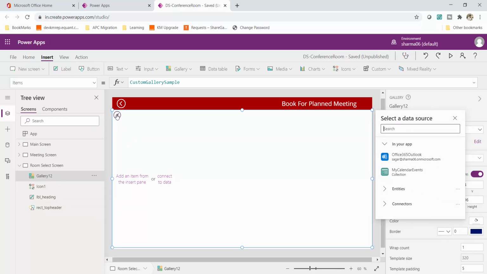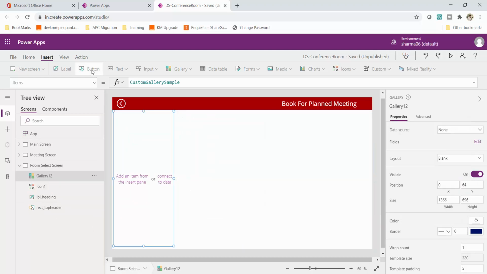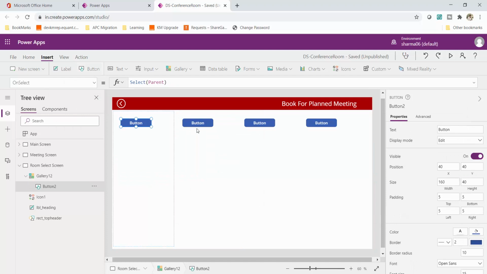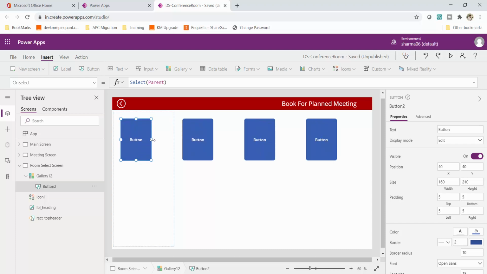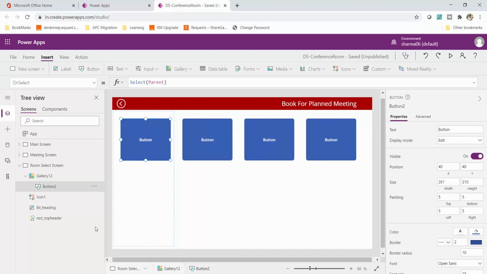You will see this small button, click on it, and then click button. Now you can see you are getting this button 1 2 3 4 5. The button is fine for me, it was just a sample. Just expand this button, and it will be the same for all the values in your gallery.